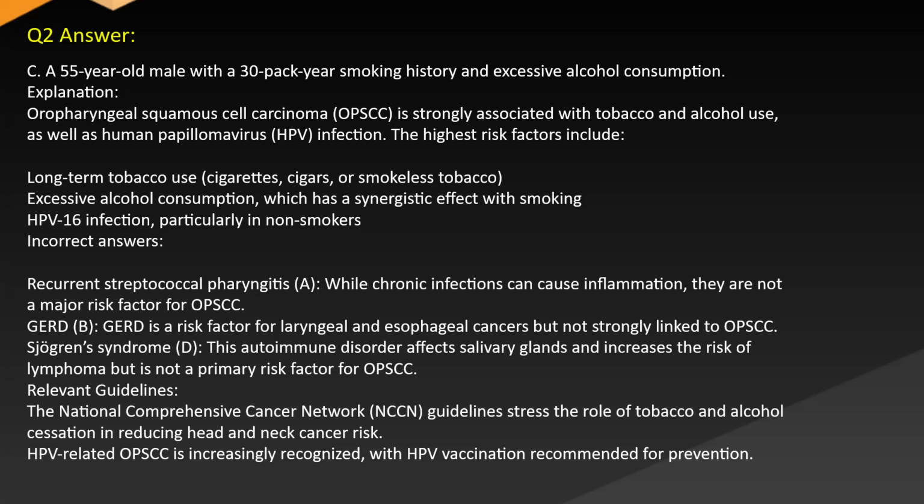Incorrect answers: A. Recurrent streptococcal pharyngitis. While chronic infections can cause inflammation, they are not a major risk factor for OPSCC. B. GERD is a risk factor for laryngeal and esophageal cancers, but not strongly linked to OPSCC. D. Sjogren's syndrome. This autoimmune disorder affects salivary glands and increases the risk of lymphoma, but is not a primary risk